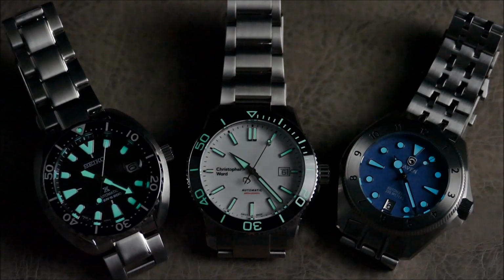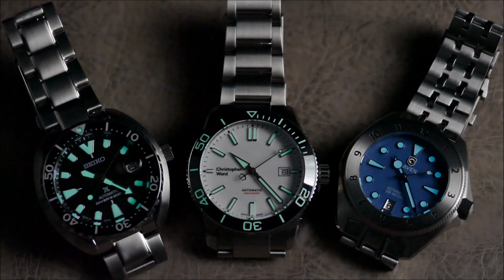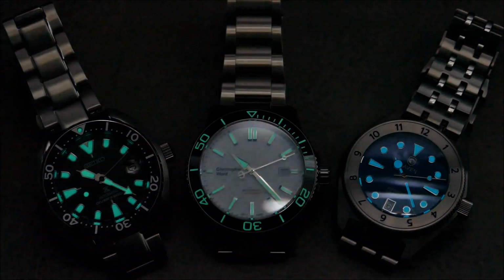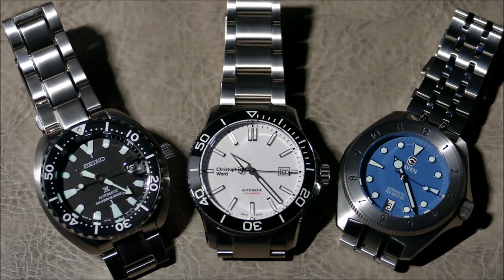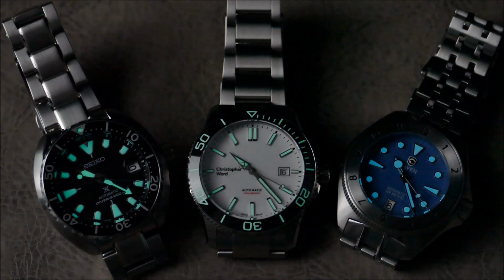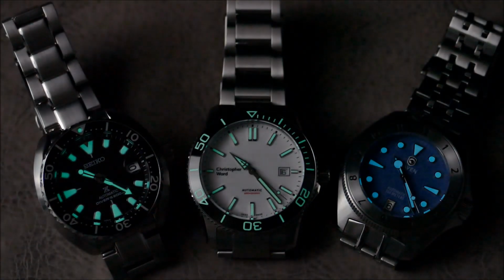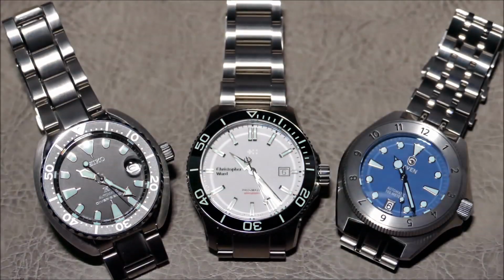And then also you're going to be able to see how legible these are in transitional lighting, because you're not always going to be out in the middle of a field in direct sunlight. A lot of times you're going to be in a vehicle, indoors, whatnot, and you're not going to have really great lighting a lot of the time. So you're going to be able to see the textures and the colors, how they render,